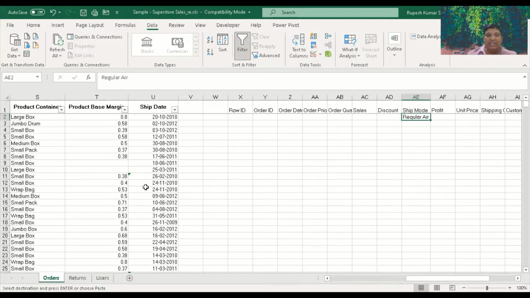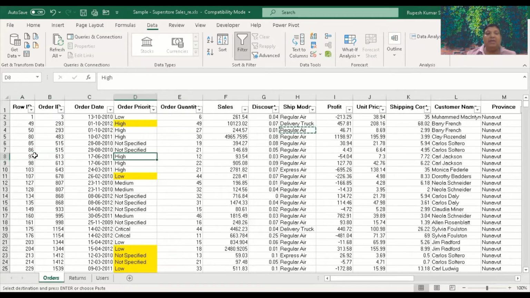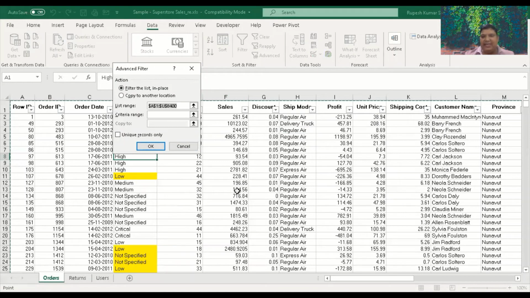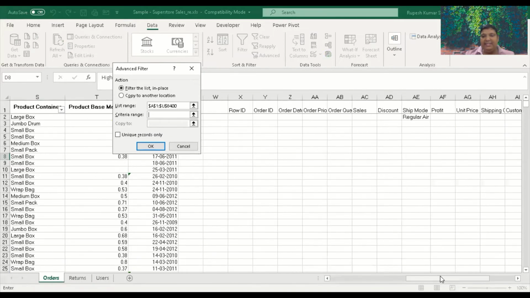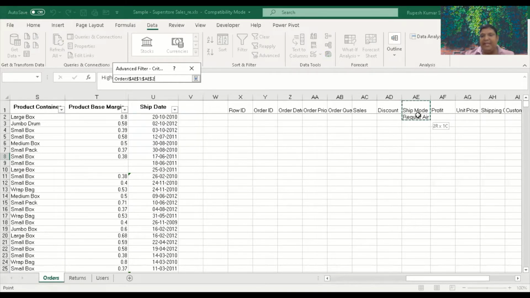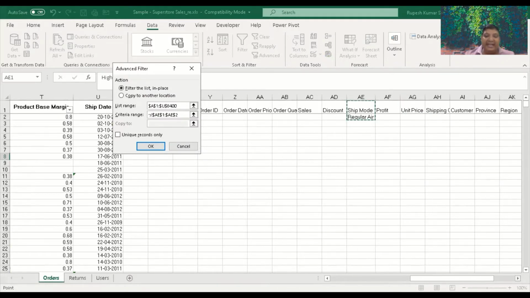Okay. Now the step is go back, click on your original data. Fine. After that, go to data ribbon and locate for advanced option. So click on this advanced. Okay, automatically it should select all your data. So you can see 8,399 rows and the columns. So we know that many number of data we have got. That's correct. Criteria range, where is my criteria? So my criteria is ship mode regular air. Be careful, we have to select heading as well as the value. So I selected both of them.